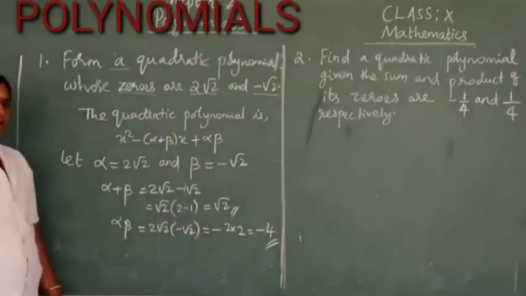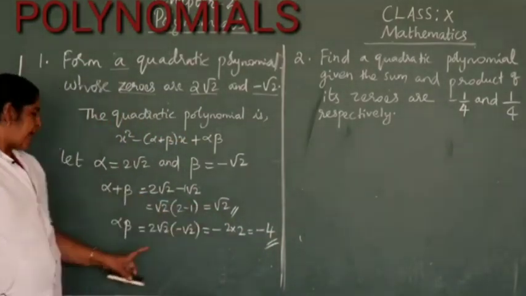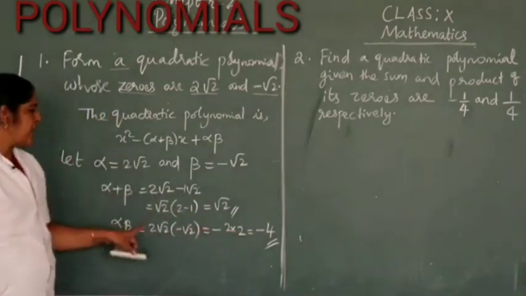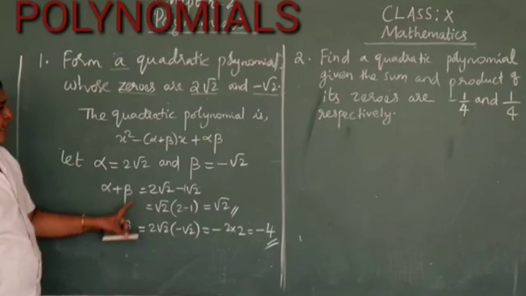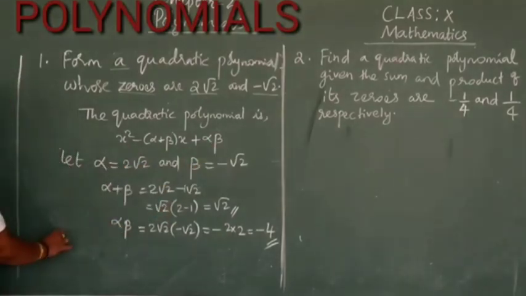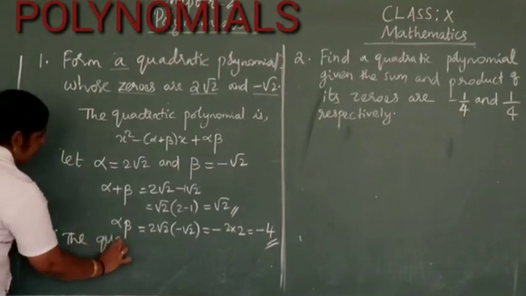So now you got alpha plus beta value is root 2 and alpha beta value is minus 4. Now you can substitute these values in our general form of the polynomial. So what you get? Therefore the quadratic polynomial